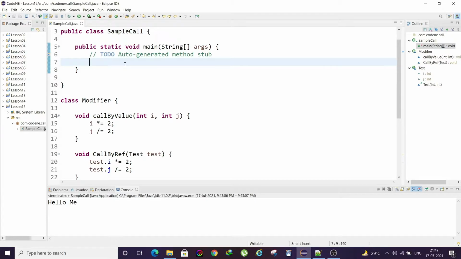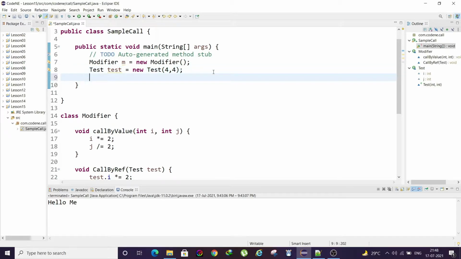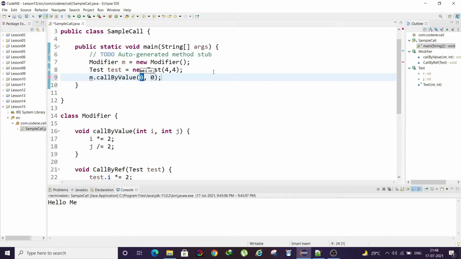First let me just declare some object of modifier. Then for our test we'll write something like test, and pass the value 4. Now I will use this call by value method, and I'm going to pass the values from test.i and test.j.